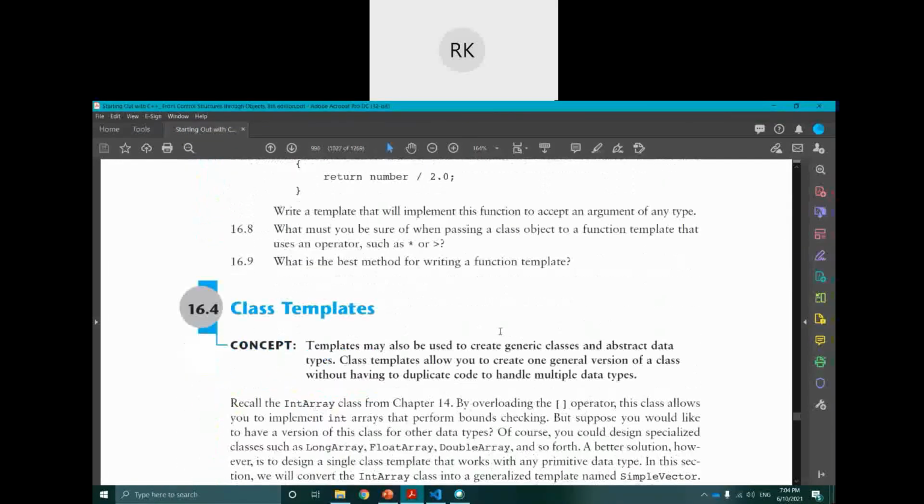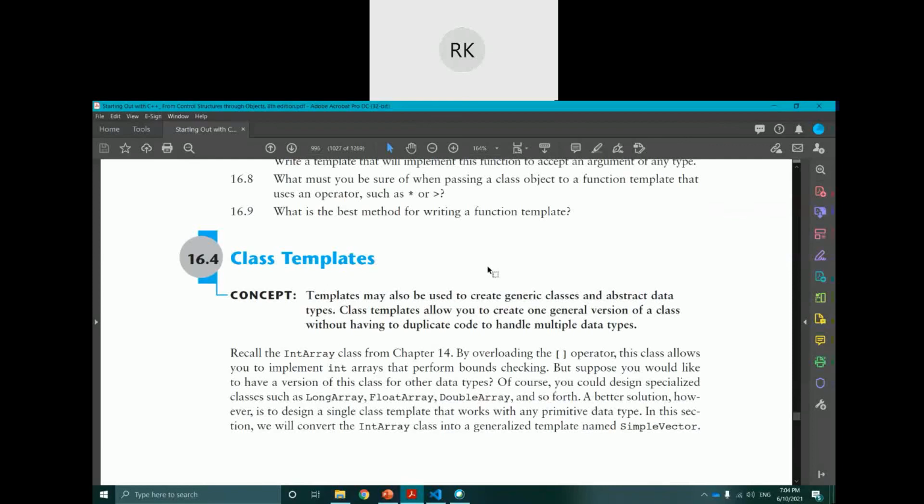Okay, after that is class template. Class template means that if a template is usable for built-in data types, then a template is usable for class types also. So templates may also be used to create generic classes and abstract data types. The class will be generic.